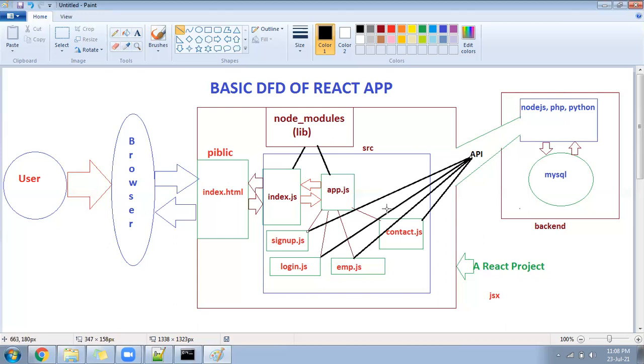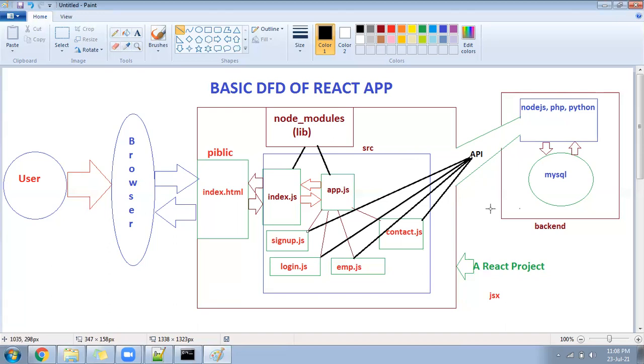So your React can talk to the API. API is going to talk to whom? Backend. We have so many ways. We have the fetch method. We have Axios. Using that, we can communicate with the backend, right? So hope you understood this structure completely, and this is our final destination.